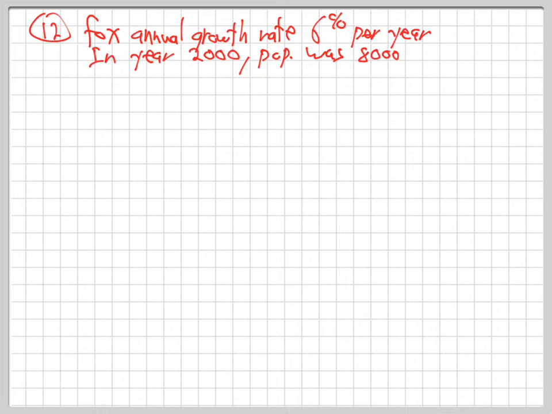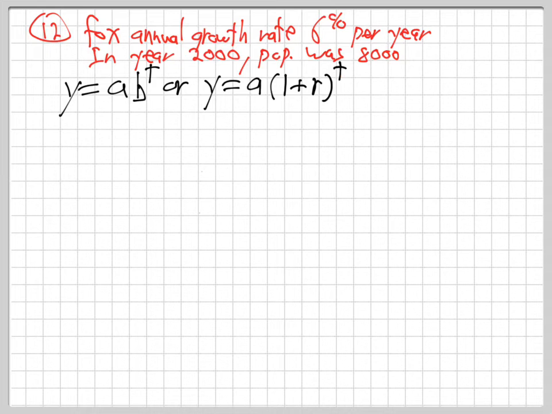So I need a formula. So generally, how do we do these formulas? How's this going to work? Well, it's always going to generally be like this. It's going to be y equals a times b to the x, or t for time, or y equals a, and instead of the b, you can put 1 plus r to the t